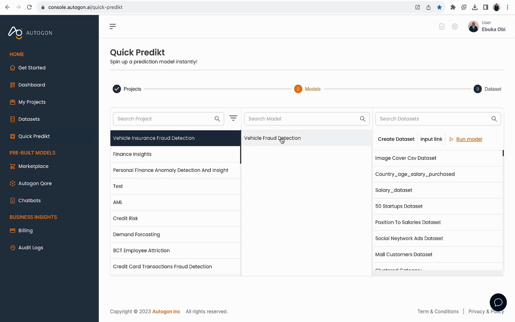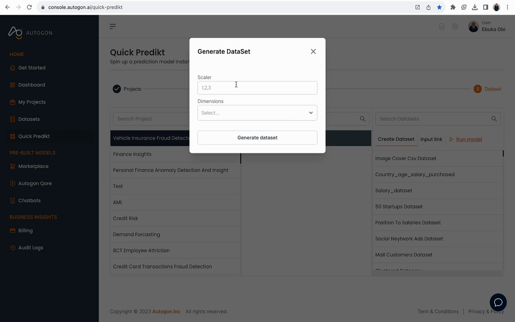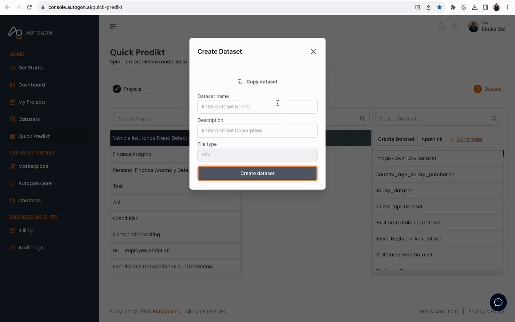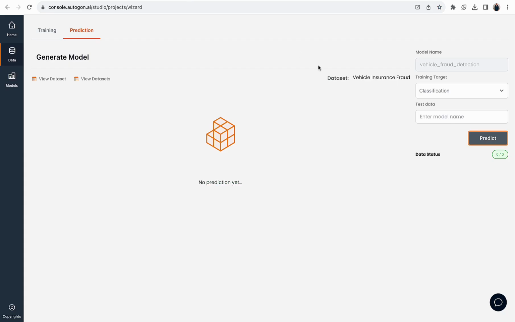and select vehicle insurance fraud detection. Select, and I can create a data set right away from here. Select one dimension and I generate. So good. So copy this. I can now take this to our model and supply this as a test data set. And if I click on predict,